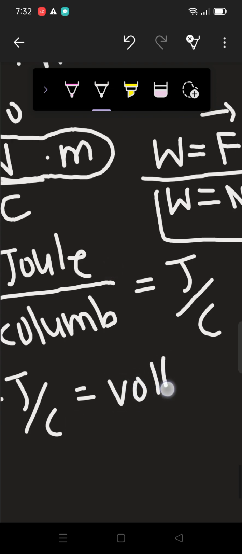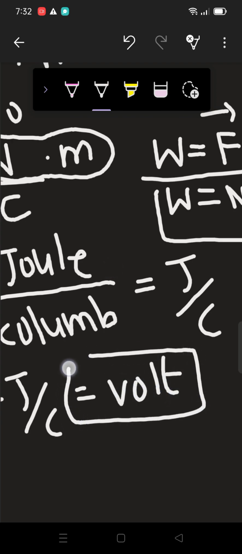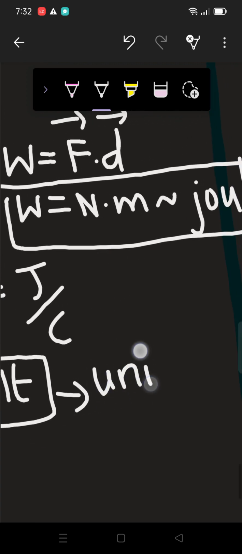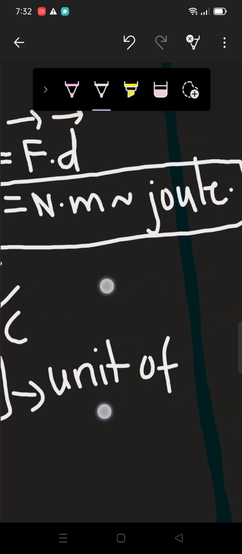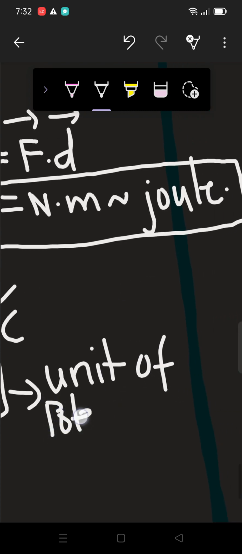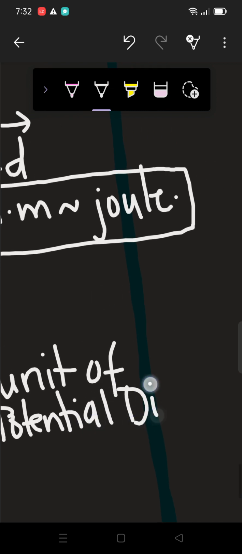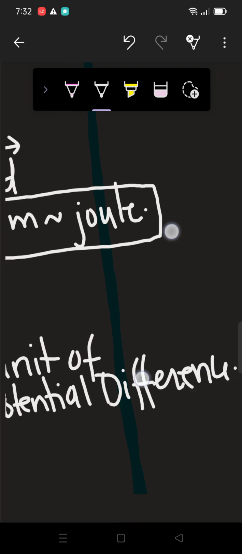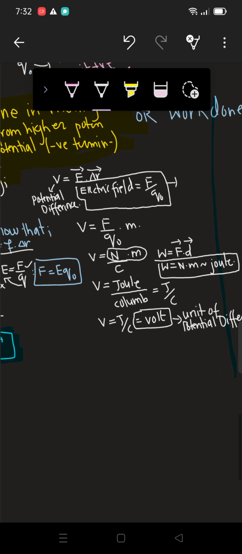is equal to volt. So the SI unit of potential difference is what? Of course it is volt. Unit of potential difference, that too SI unit. So what we have discussed till now, V1 was the formula of potential difference, that is the dot product